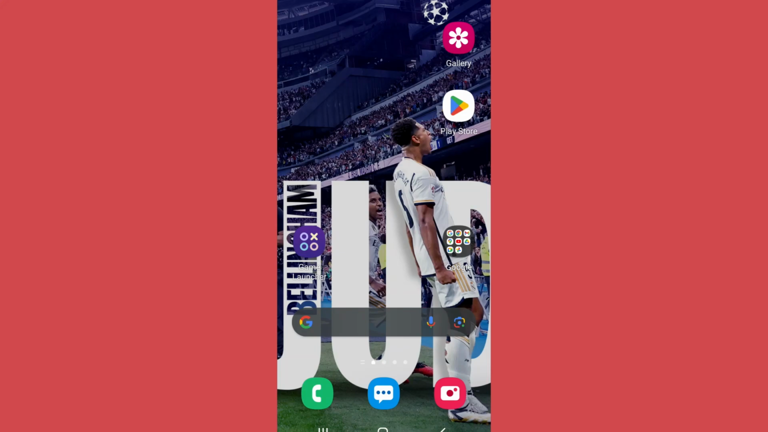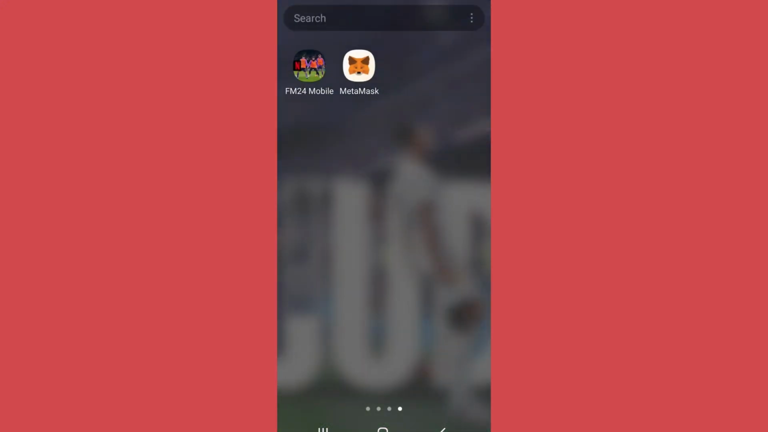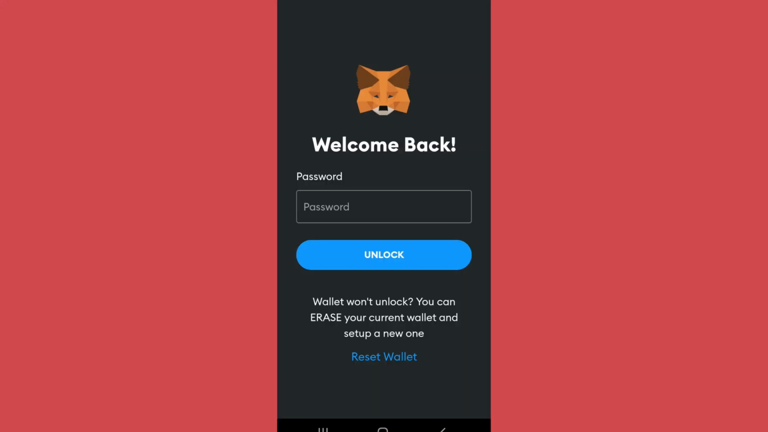In this video I'll show you how you can reset MetaMask password or the MetaMask wallet as a whole. So first of all, open the MetaMask app. After you open the MetaMask app, you will find a screen like this from where you will have to log